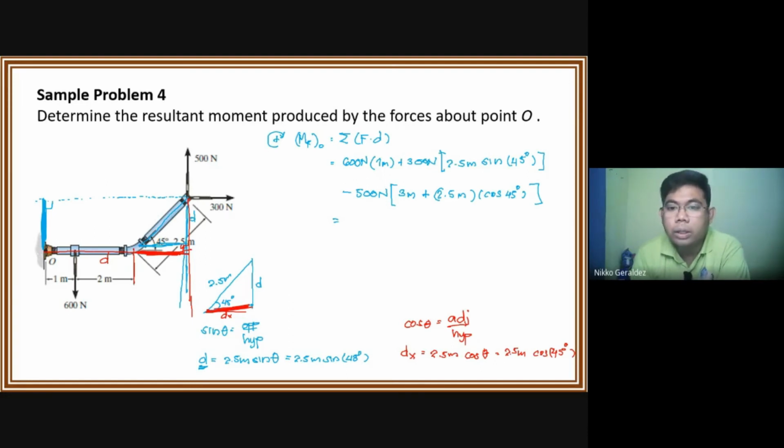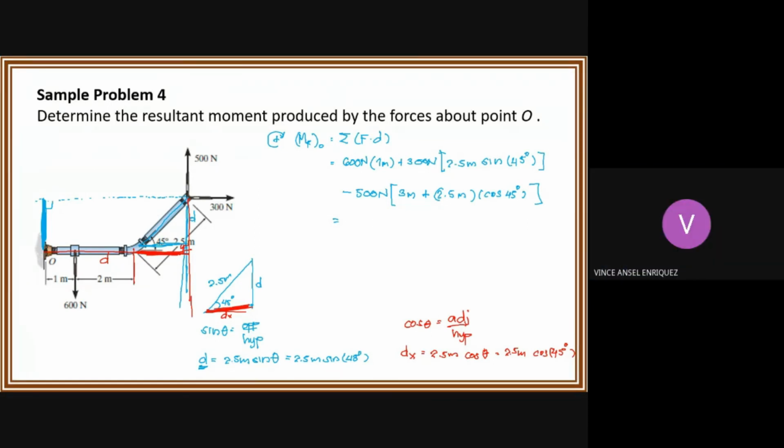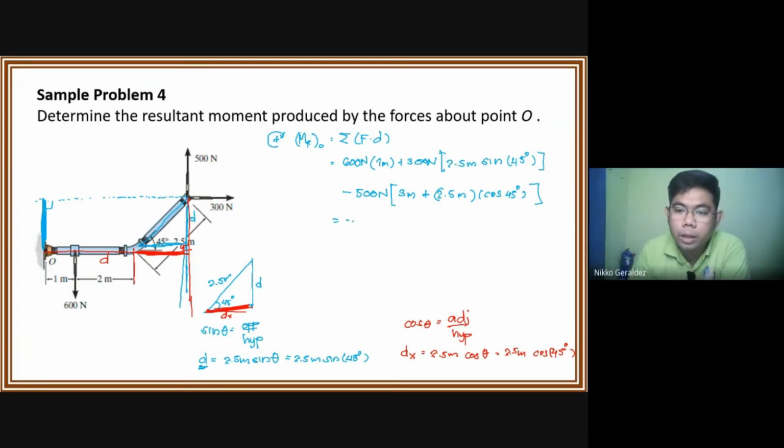What is the resultant moment at point O? Let's compute. Press on the calculator. Negative 1,253.553, very good. So that is negative 1,253.533 Newton meter. Negative, so that means the moment,